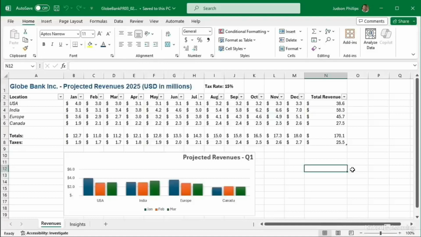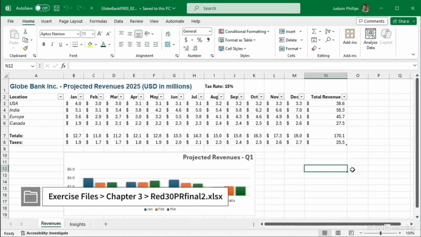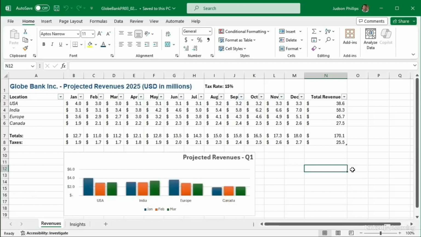When it comes to sharing files with others, the most popular option to date remains sending that file as an attachment in an email message. And of course, that's something we can do with Excel here in Microsoft 365. But because we are using Microsoft 365, it's simplified. That's what we're going to explore in this movie with our Globe Bank Projected Revenues Workbook, Globe Bank PR 0302,